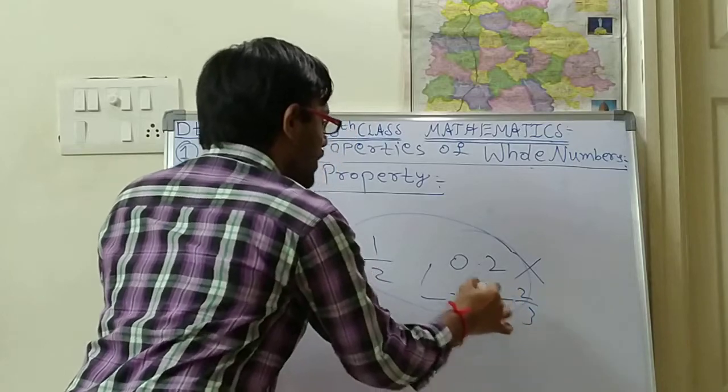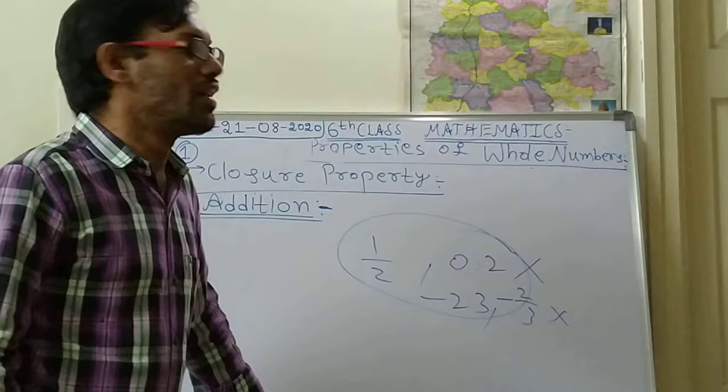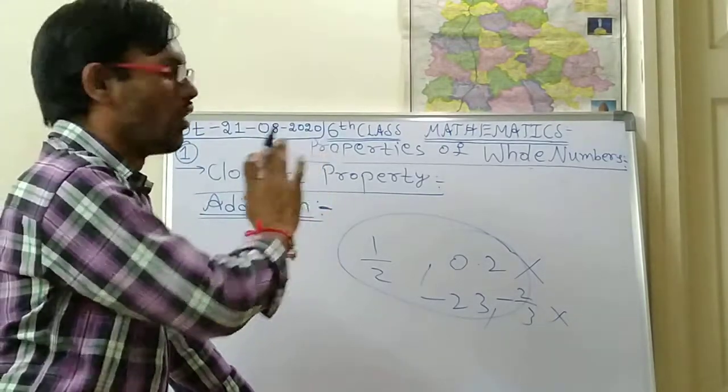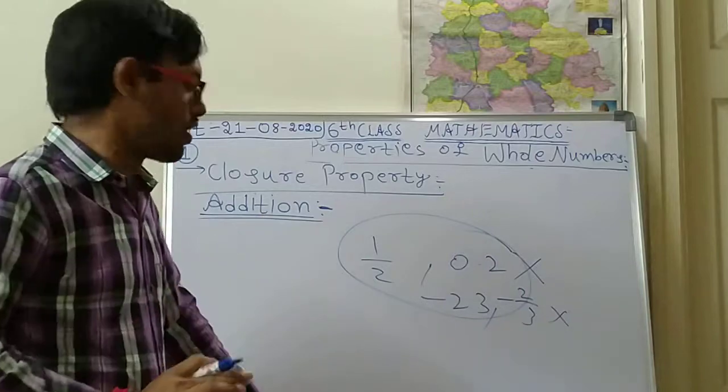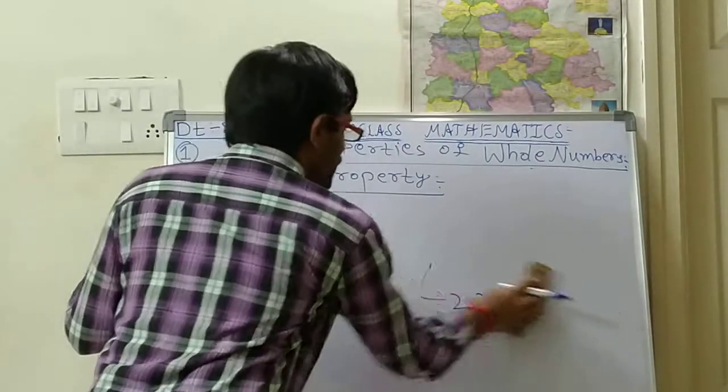So these numbers should not come. So this type of property is called closure property of whole numbers. Closure property of whole numbers. So in the closure property, now if we want to see the addition property,